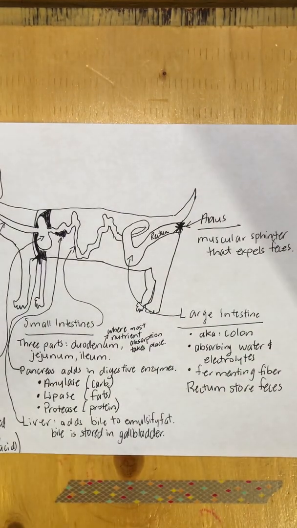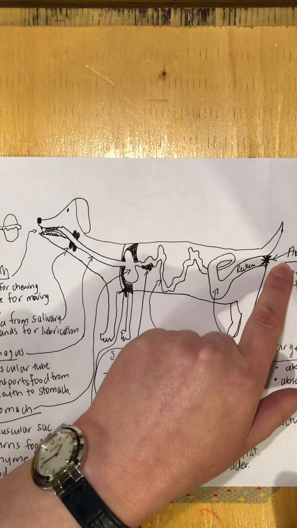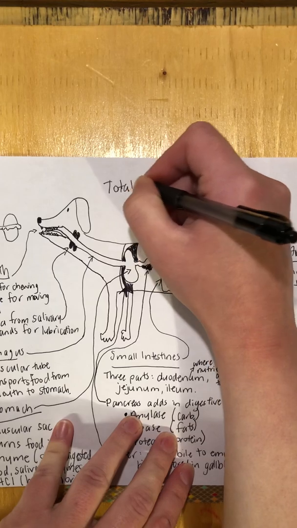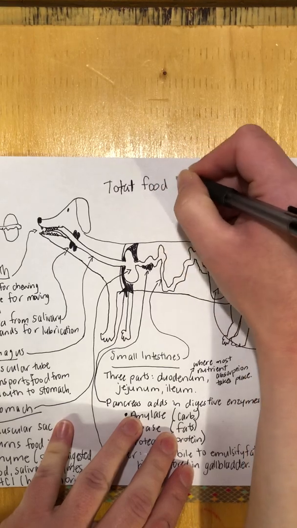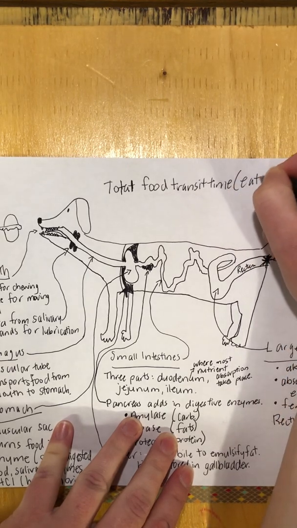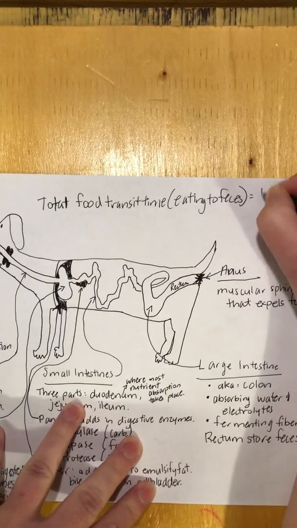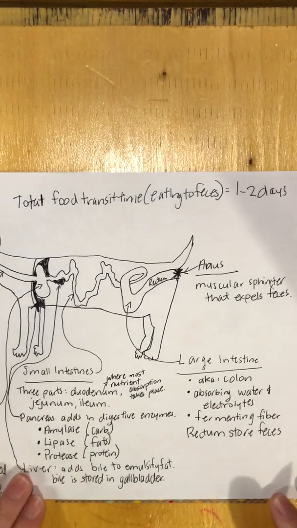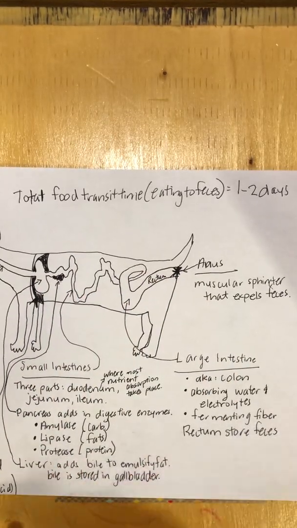Okay? So, from the point of hamburger to the point of leaving the body as feces, total food transit time. Whoops, this is supposed to be an L, not a T, sorry. Total food transit time. So we're talking from eating to feces is about 1 to 2 days. So that seems fairly quick, right? You eat the cheeseburger, and then within the next day to two, all the waste has left the body from